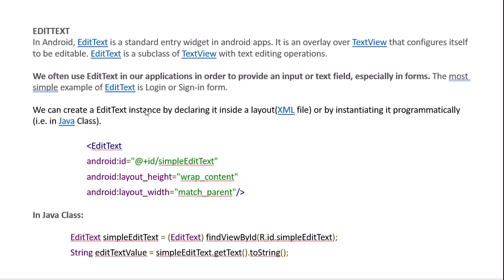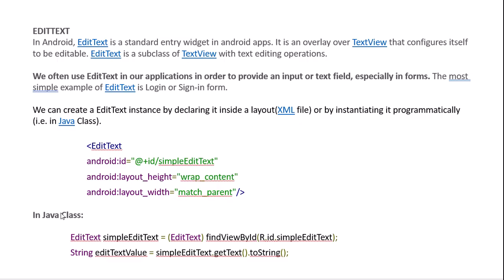We can create an EditText instance by declaring it inside the layout XML file, or by instantiating it programmatically in the Java class. In the XML, EditText android:id equal double quotes @+id/ the ID's name, and android:layout_height equal double quotes wrap_content, and android:layout_width equal double quotes match_parent,